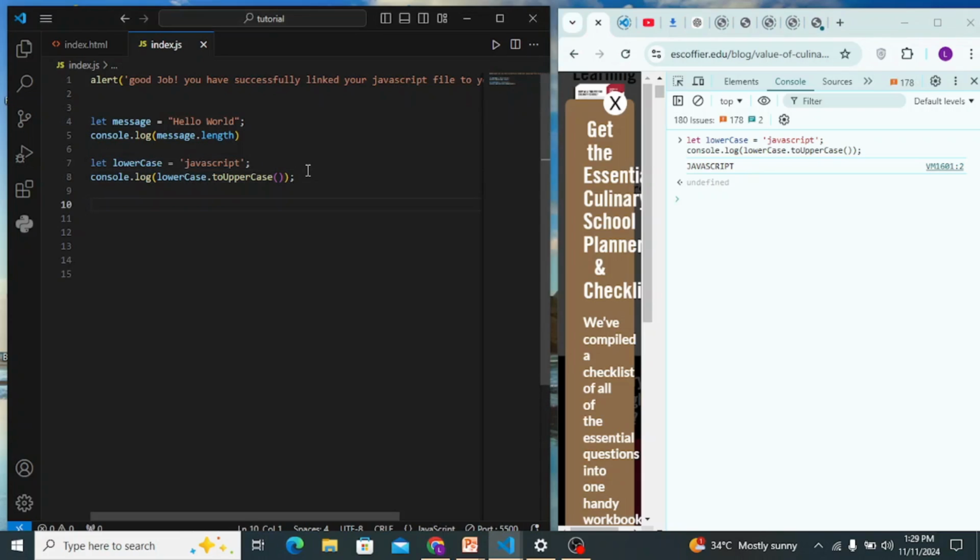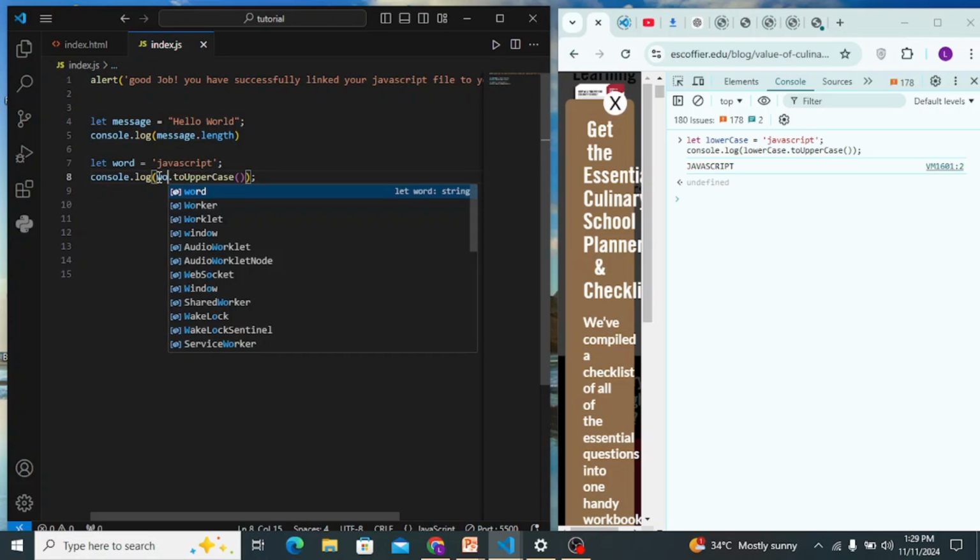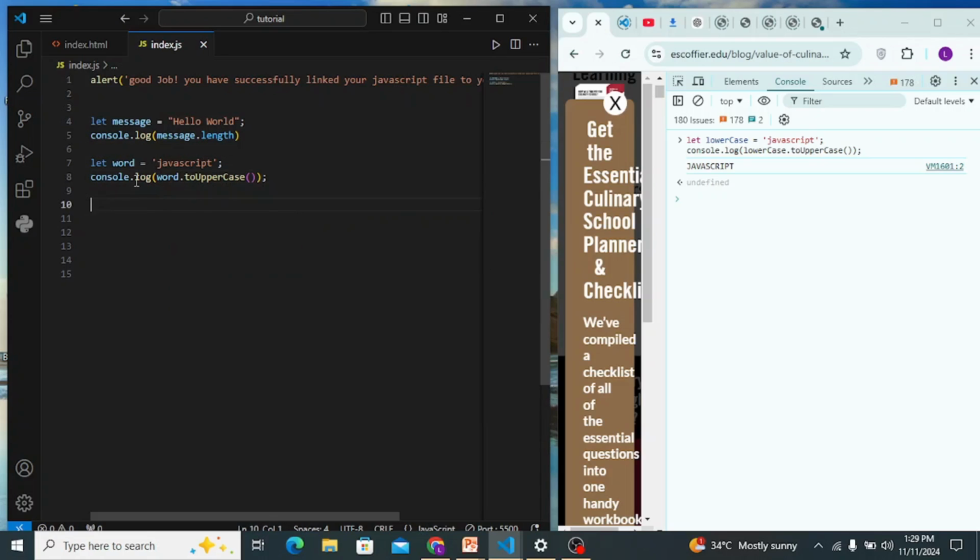Now I want you guys to get something. Mind you, when I copied and pasted the first code, it gave me an error. And why did I have an error? Remember that before here I wrote WORD. Now we are supposed to write word here as well. You get, guys? So this means that this word, of which word is equal to JavaScript, convert it to uppercase. Do you understand? So whatever you have here is what you should put inside your console, followed by dot toUpperCase. Do you understand? This is what we call a variable,